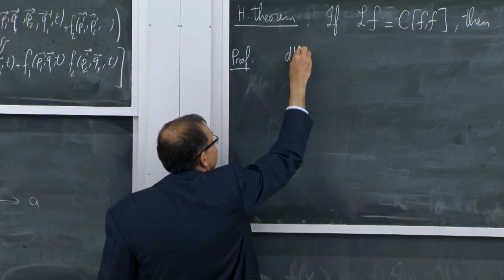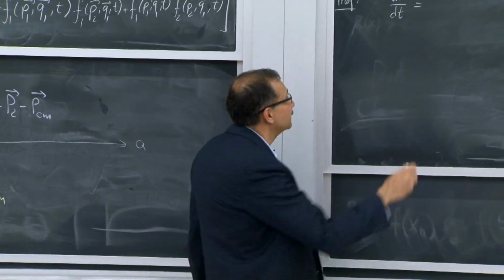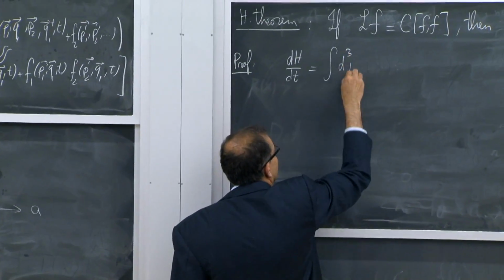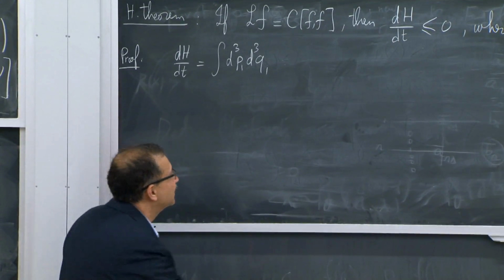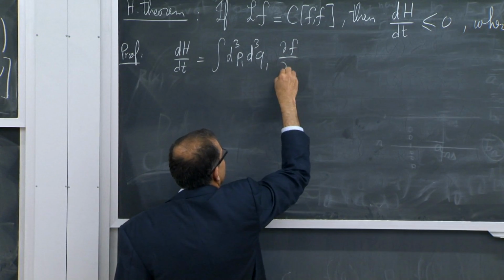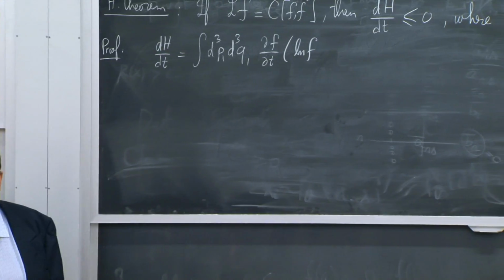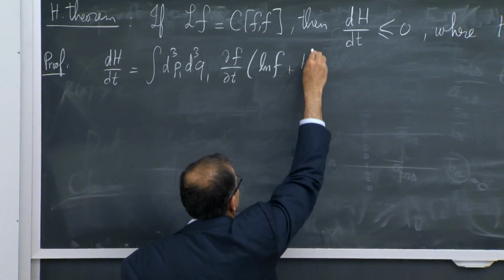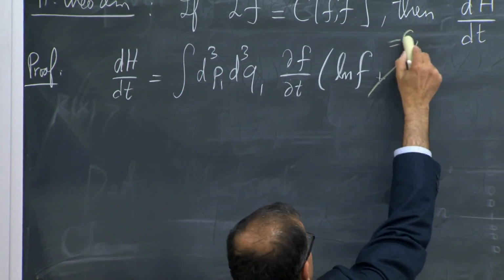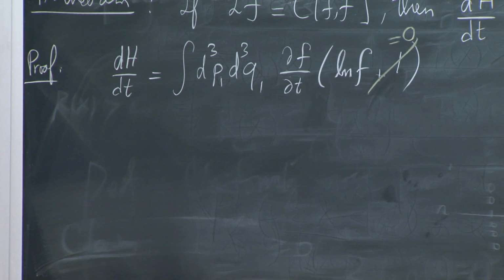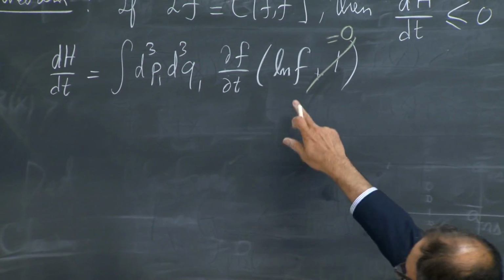So we say that dH/dt, I have to take the time derivative inside. And as we discussed before, the full derivative becomes a partial derivative inside the integral. And I have either acting on f or I'm acting on log f, which will give me 1 over f, canceling the f outside. And this term corresponded to the derivative of the normalization, which is fixed. And then we had to